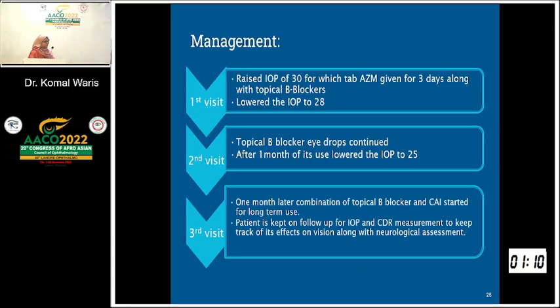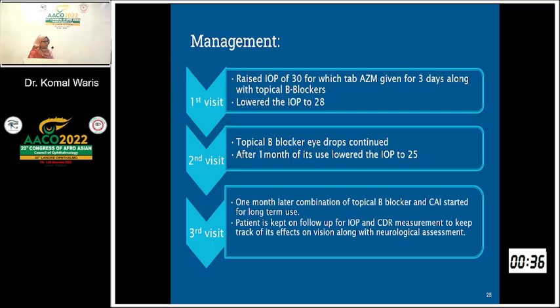So coming to the management of the patient: on the first visit, as the patient had a raised IOP of 30, we started tablet AZM, that is acetazolamide, for 3 days along with topical beta blockers. It lowered the intraocular pressure to 28. On her second visit, topical beta blockers were continued and it lowered the pressure to 25. Whereas on the third visit, approximately 1 month back, the combination of carbonic anhydrase inhibitor and topical beta